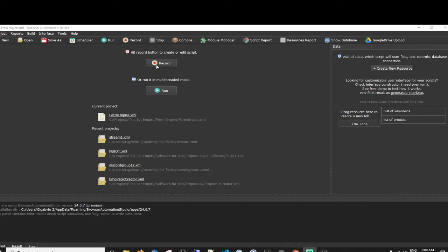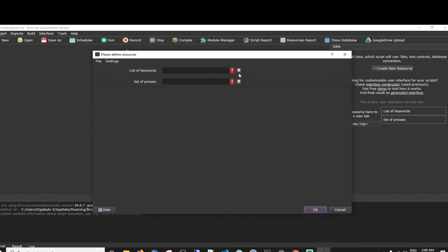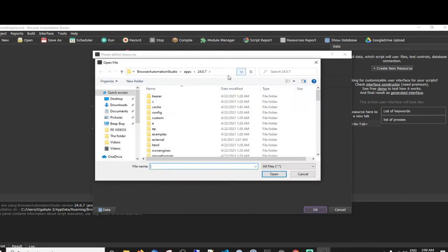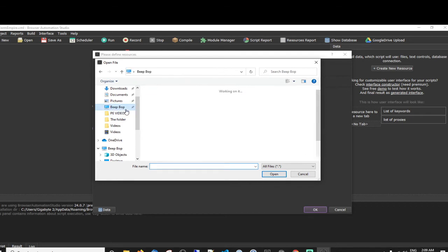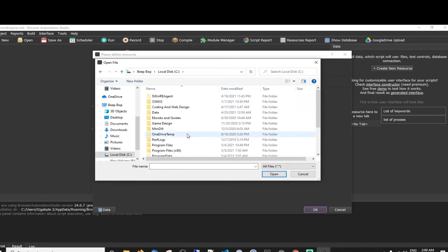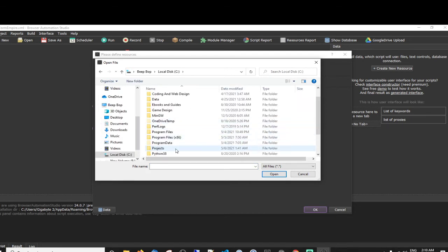Righty ho. So let's hit record. List of keywords. I'm not worried about the whole proxy setup yet. One step at a time. It normally shows up here with my latest folder that I'm working with. Obviously, when I'm live, it's not gonna. Okay.